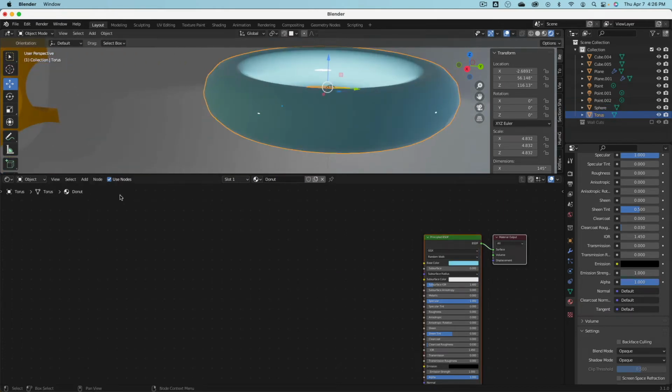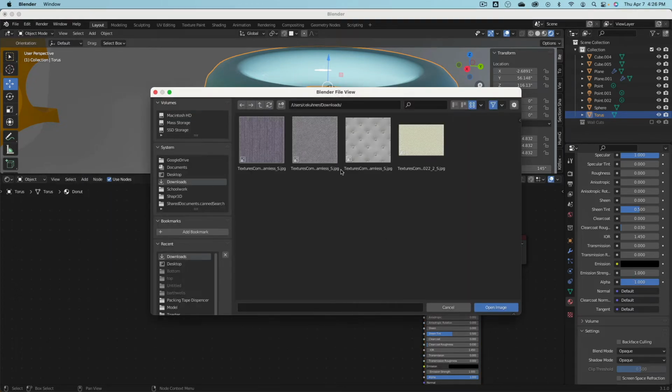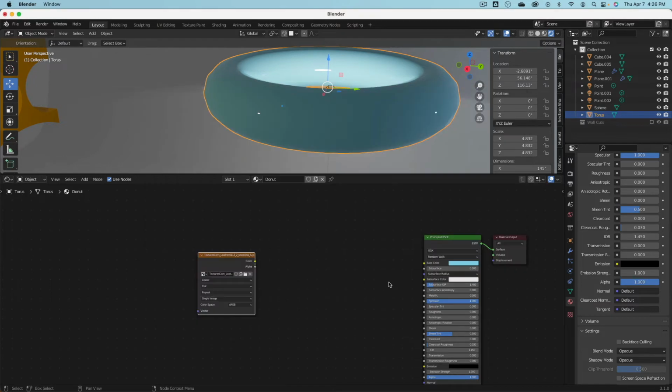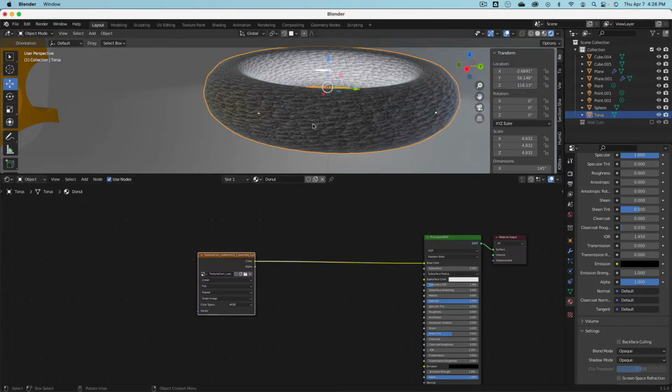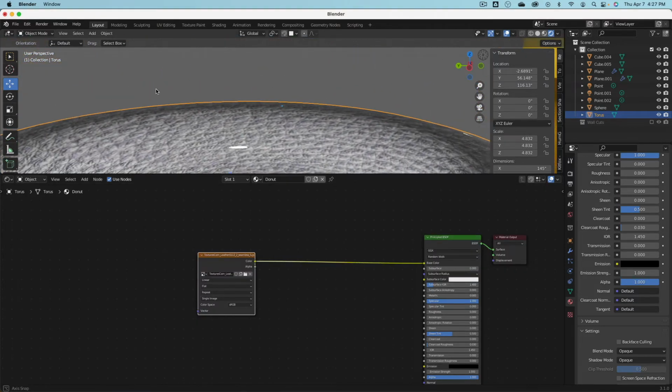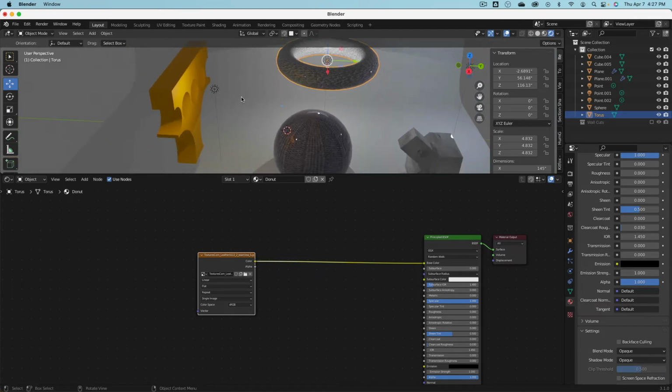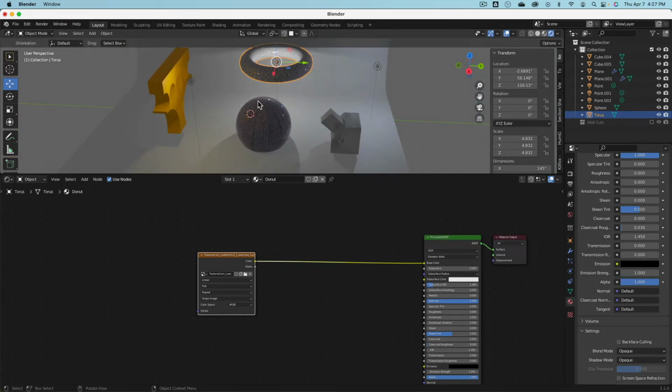And here we do the same too. Add texture, image, open. And maybe here I would like to use this one, the leather one. And bring this to there. Cool. Okay. So what I'm going to show you now is image mapping and projection, and it can be done